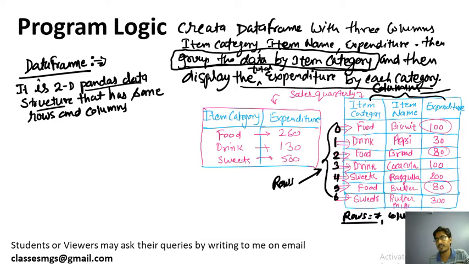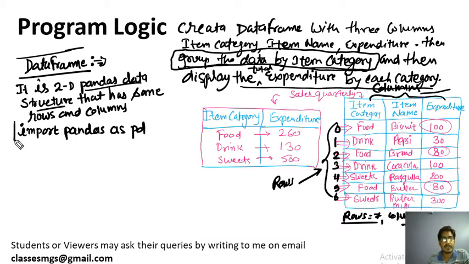3 columns are there. We are not covering this in that much detail because this is not a data frame class. You might have heard about data frames in your theory class. Now you know how to create this data frame. To create this data frame, you need to import the pandas library. So you should know how to import it: import pandas as pd before starting this program. If your computer doesn't have the pandas library installed, then you should install it by using the command pip install pandas.